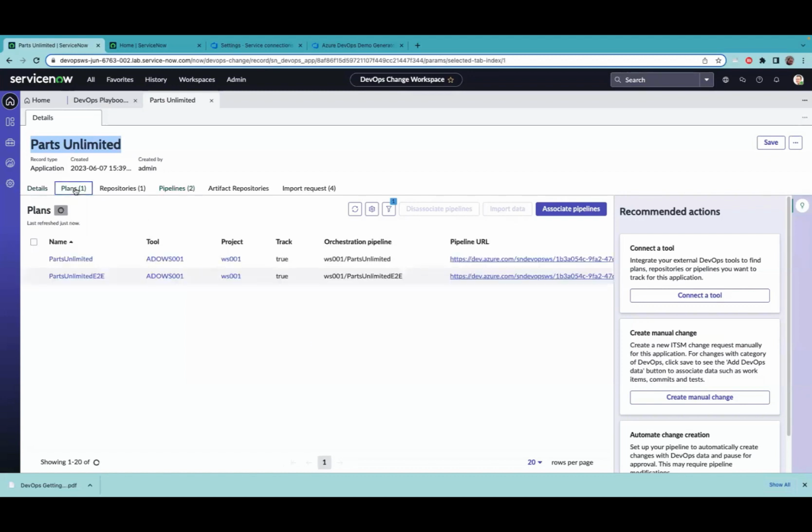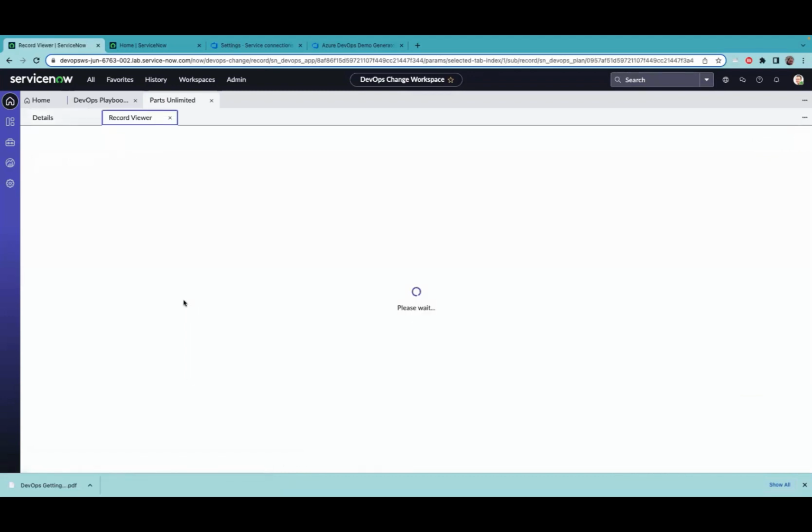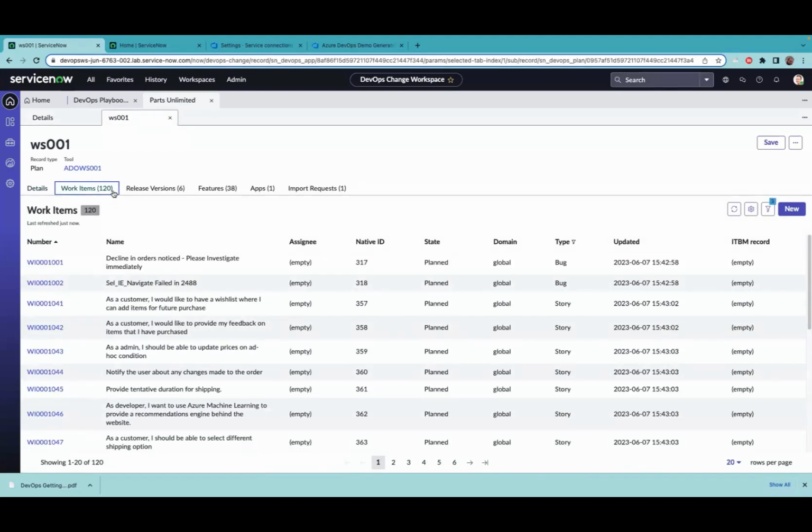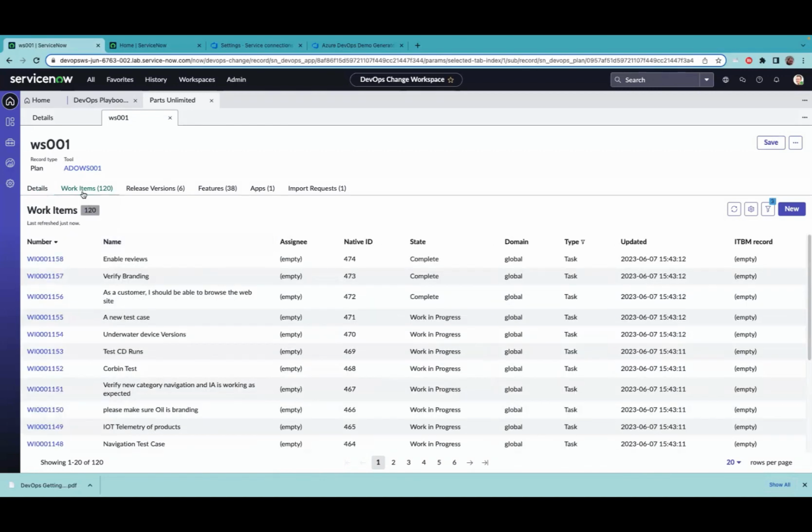So that would be under plans. You go to the plan you have. And you should see about 120, or exactly 120 work items, okay, if you've imported all of them. So that's important, because if the work items are not imported, we won't be able to link them to